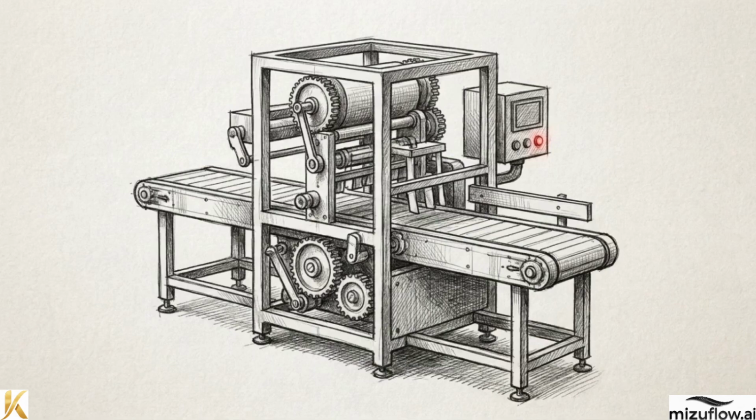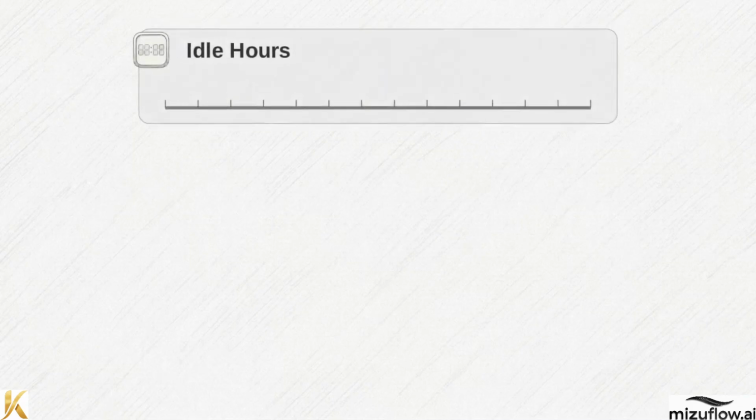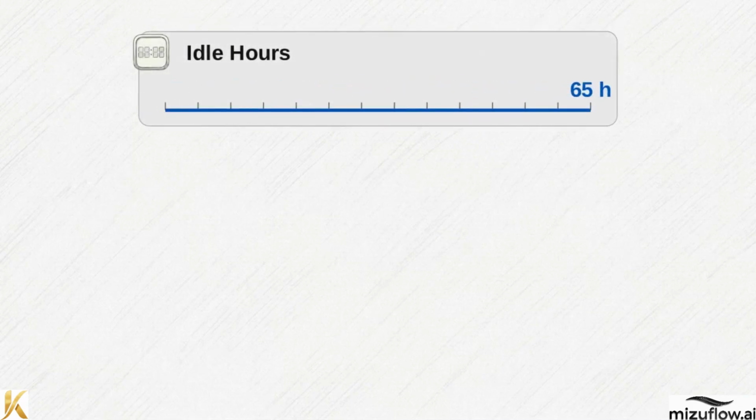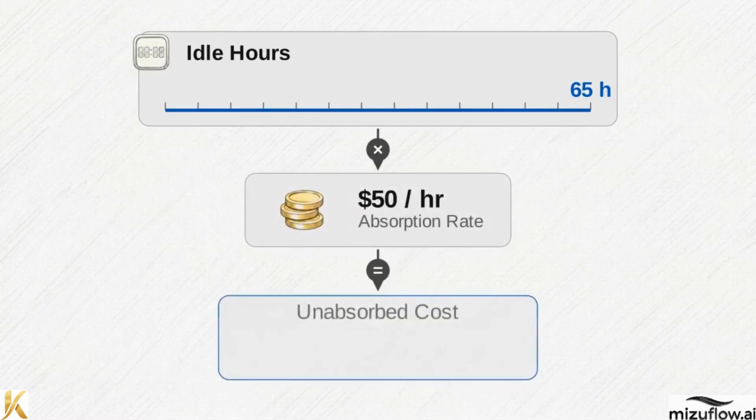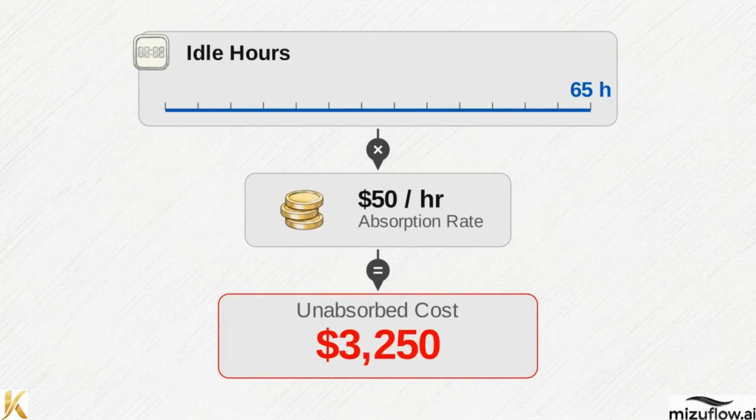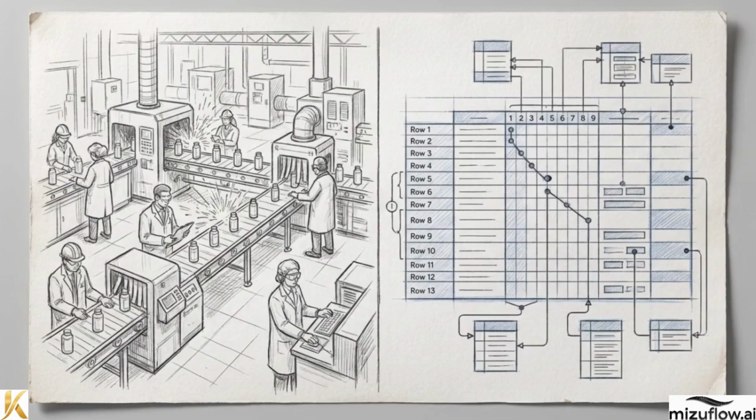The most dangerous hidden metric inside these gaps is idle capacity, which represents completely unused manufacturing runtime. If a single packaging line sits idle for 65 hours due to a scheduling delay, and the absorption rate is $50 an hour, that single delay generates over $3,200 in unabsorbed costs. Translating financial losses into specific operational realities is the first step, but computing these metrics across an entire enterprise requires